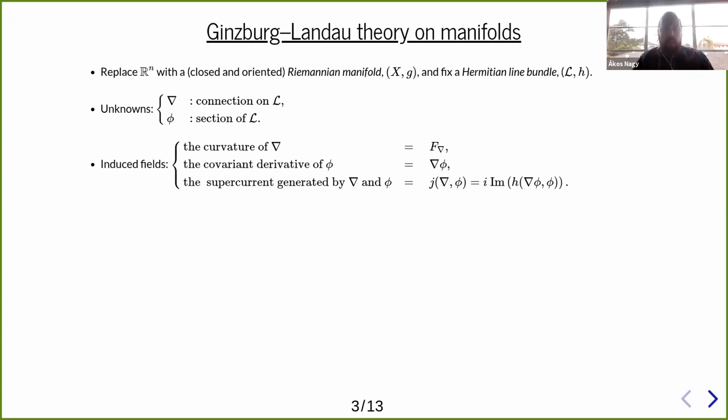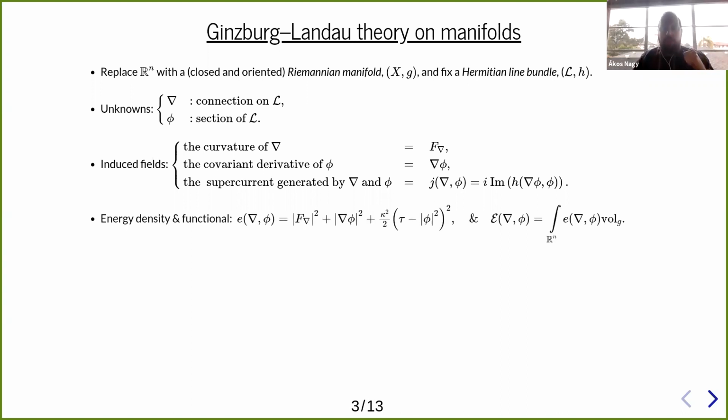Now the induced fields are the same as last time on the previous slide, but they have different names now. The electromagnetic field tensor is now called the curvature of nabla. The kinetic term we now call the covariant derivative of phi with respect to nabla. And there's again a supercurrent, which is going to be i times the imaginary part. And this H is the Hermitian inner product on this line bundle. If you write it out in components, this supercurrent will look exactly the same as it did on the previous slide. And we define the energy functional the exact same way,